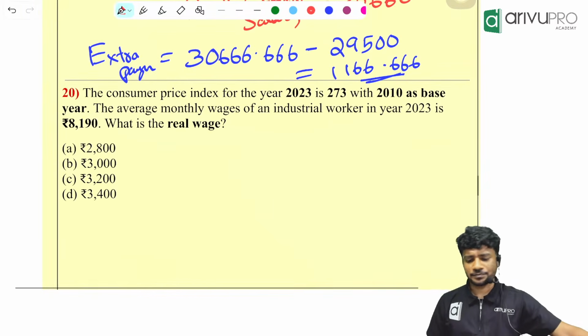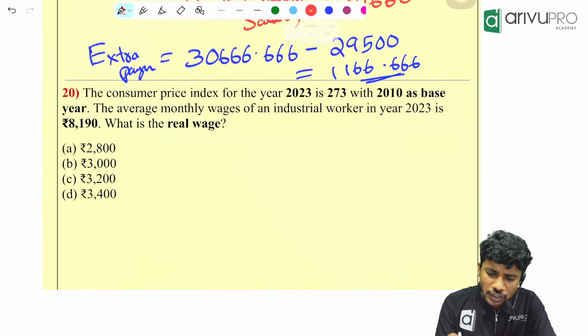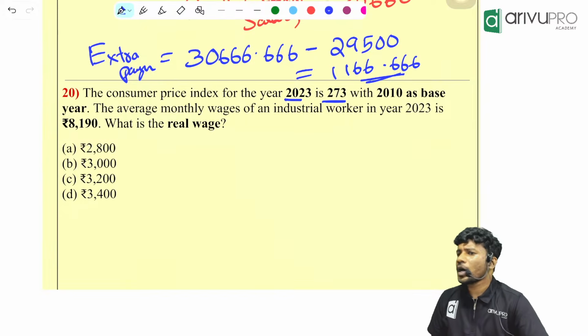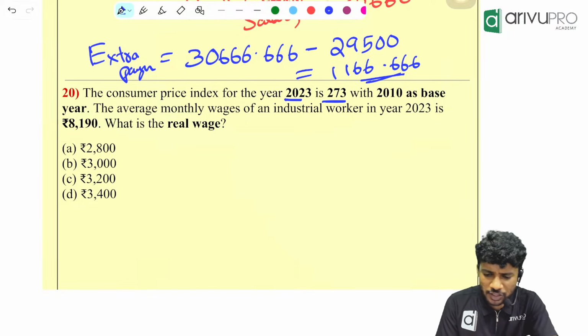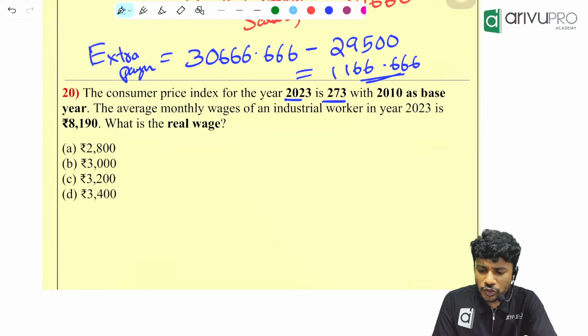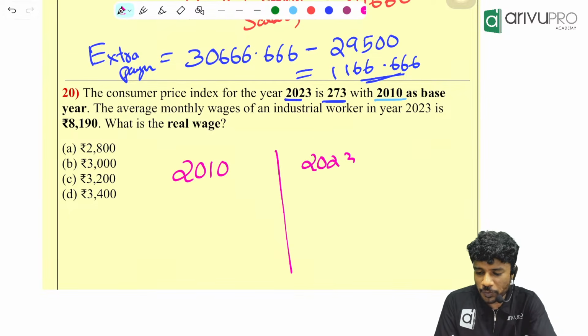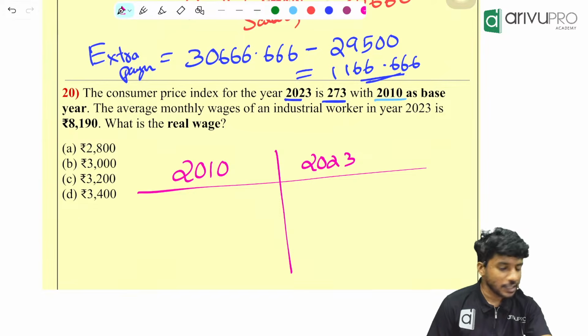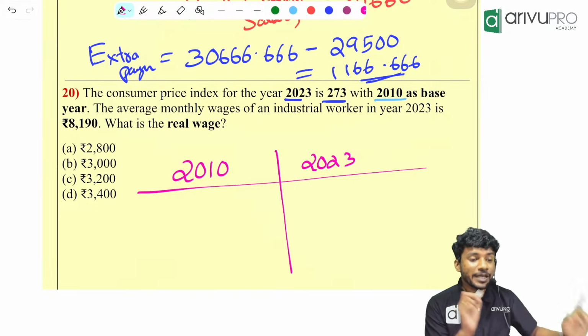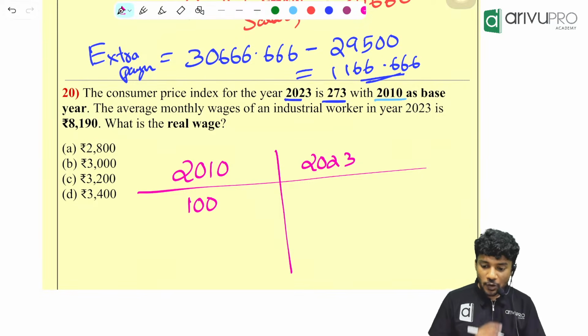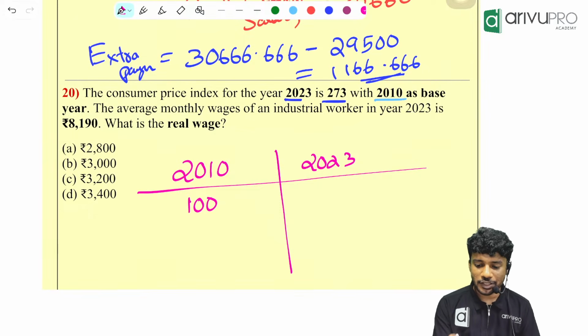Over here, they have mentioned the consumer price index for the year 2023 is 273. What have they mentioned? Consumer price index for the year 2023 is how much? 273 with 2010 as the base year. So, which is the base year? 2010. Then 2023 is my current year. Then, what is the index of the base year if it is not given? 100. Take it as 100. Done. Then, what is the index of the year 2023? That is